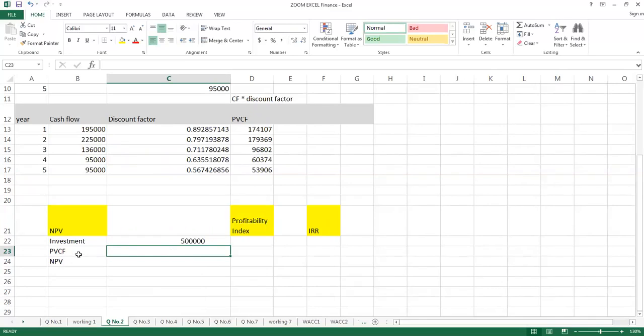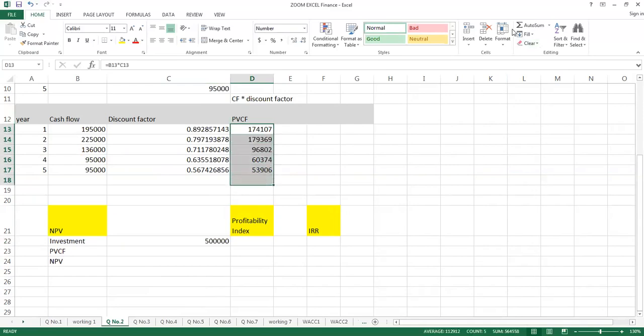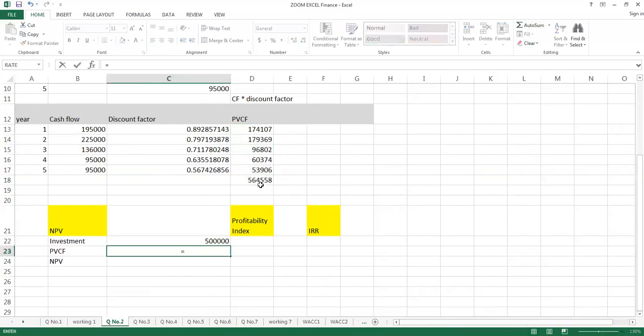And student, I need present value of cash flow. Look, I already have computed present value of cash flow, so I will take its sum. Its sum is coming 56. This is the amount that I will copy here. So my resulting amount is